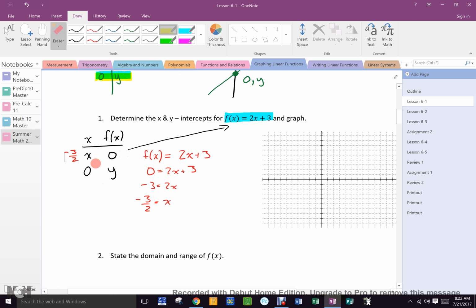Does that give me some coordinates? That wasn't supposed to be a red line. Does that give me some coordinates now? Coordinates of